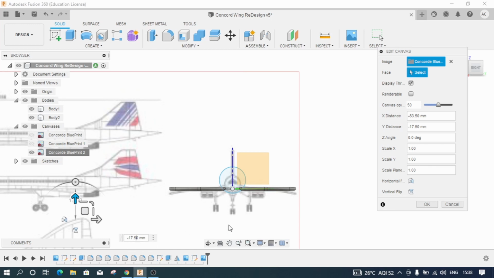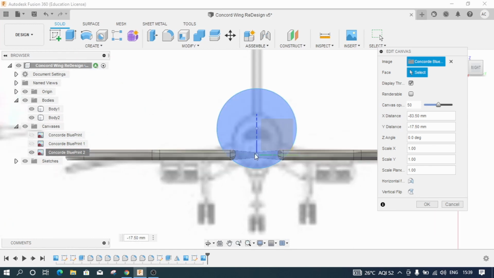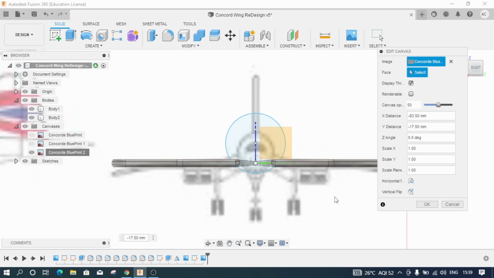What my intention is, these wings should be intersecting with the body of the aircraft. If you don't have a perfect overlapping with this particular circle which I have drawn here as well as the wings, then when you insert the wings, the body of the aircraft gets disturbed and it may break. That was the main concern for me, and that's why I'm fine tuning the level of the wings. And this looks perfect for me, and let me click on OK.